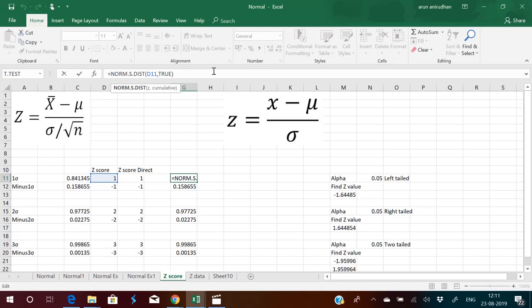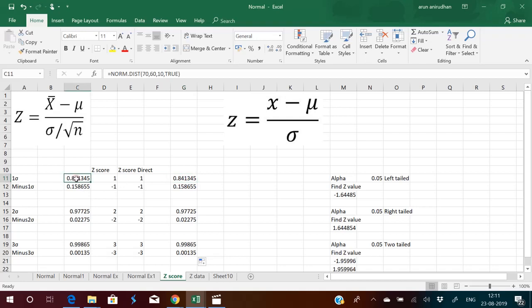So you give NORM.S.DIST with arguments z value, comma, cumulative. If we give that, you'll get the value 0.841345. That is the same as what you got from NORM.DIST. So understood, that is how you can use the z-score to get the p-value, and from the p-value how you can get the z-score. Okay, so now we studied two functions,